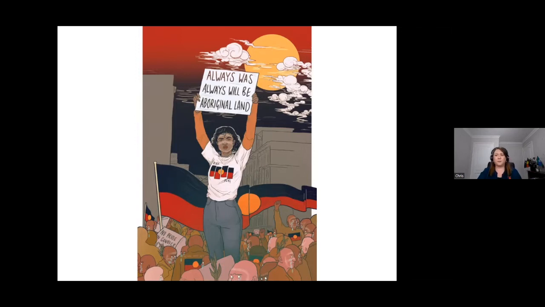The very first footprints on this continent were those belonging to the First Nations peoples. Their sovereignty in this country has never been ceded. Aboriginal families have cared and educated for their children for thousands of years on the land we now care and educate for our children in family daycare.